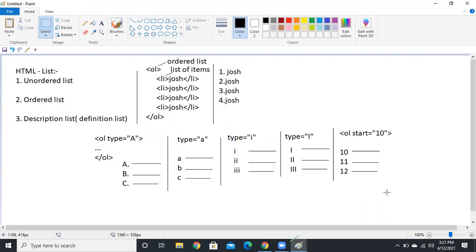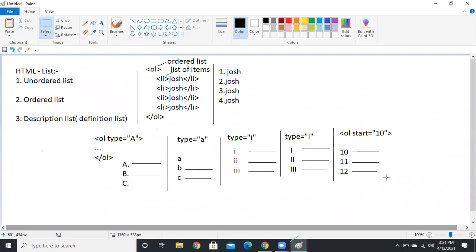Okay, suppose you want to start the list from the alphabets, suppose J onwards, then what shall we do? Alphabet A, how? Someone raised a question, no? It's okay.